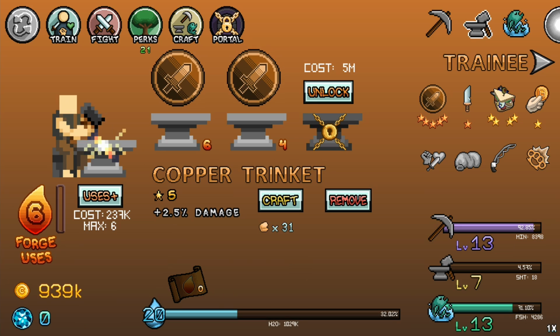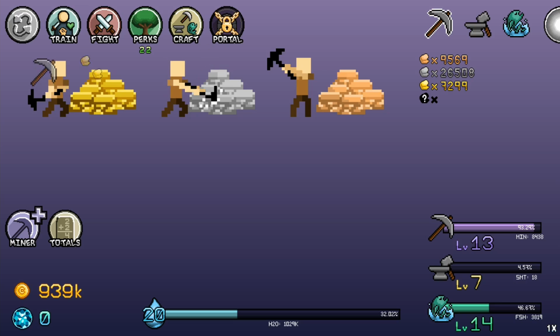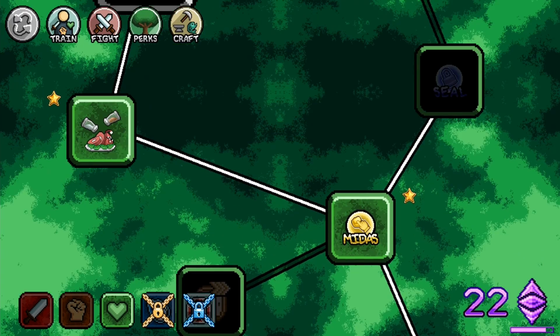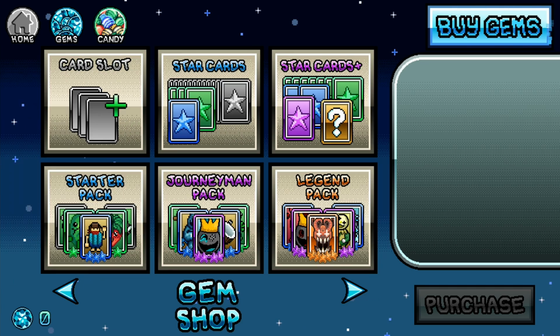Then lastly, crafting consists of fishing, mining, and smithing, which we use to craft permanent stat boost items to become even stronger and of course just make everything more efficient. There is so much more to the game though, so you should definitely go watch my full video on it,